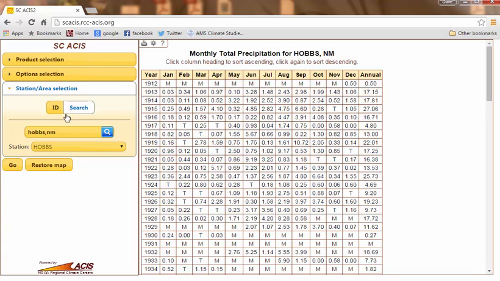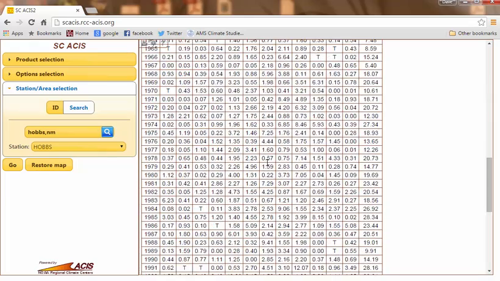And since we wanted to look at the period of record to the present, for this station, it started in 1912. And as you notice, there's a lot of M. So M corresponds to missing data. So apparently the observer wasn't taking data the first 11 months of that year, and then they started taking data in December of 1912. And if you scroll down to the bottom of this page,